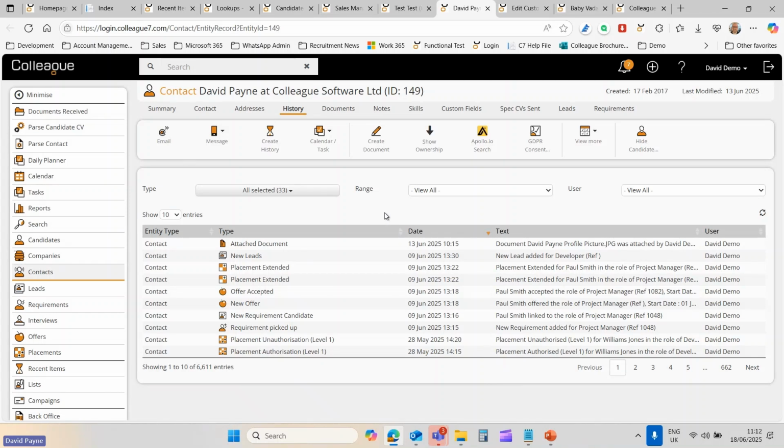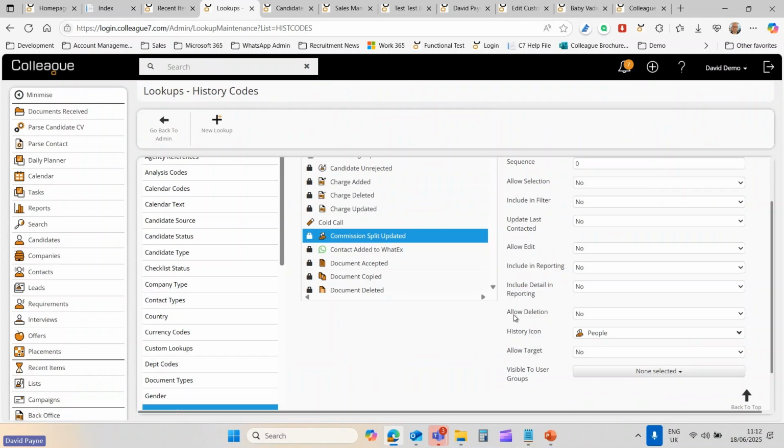I'm thinking either placement related history codes, for example, or bank detail information, timesheet processing, invoice processing, so anything like that. If it's not appropriate for certain users to see that type of information against the candidate, what you do have now is this option to be able to specify which histories are visible to different